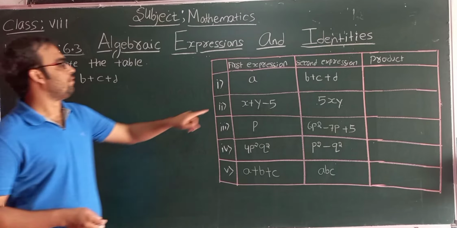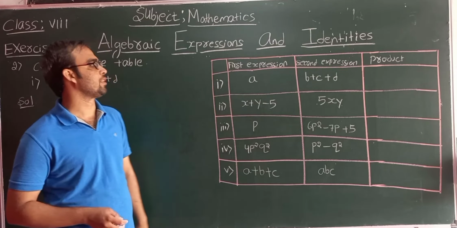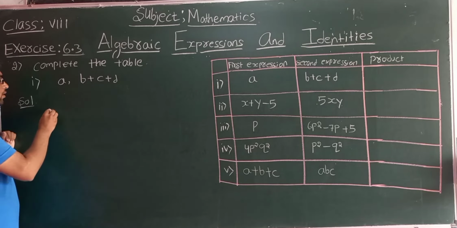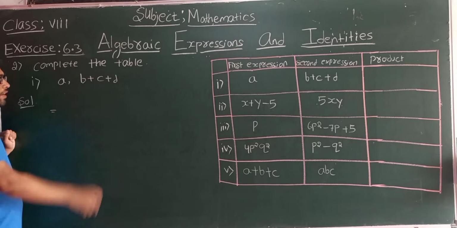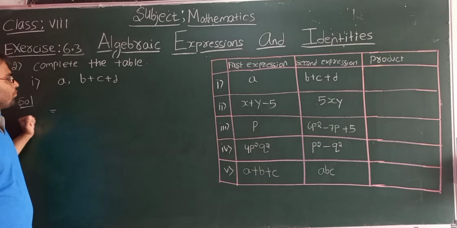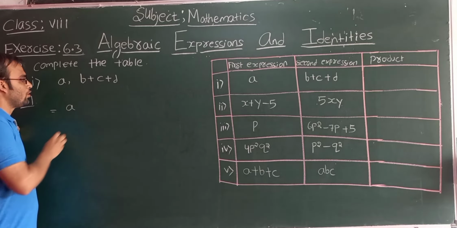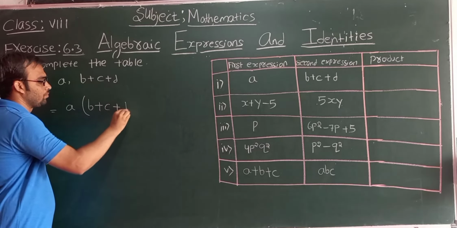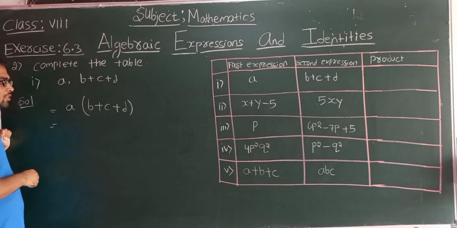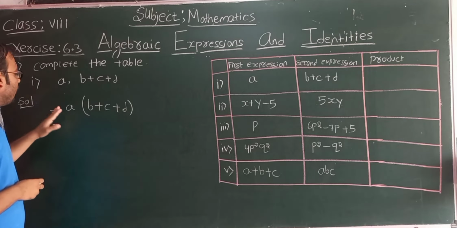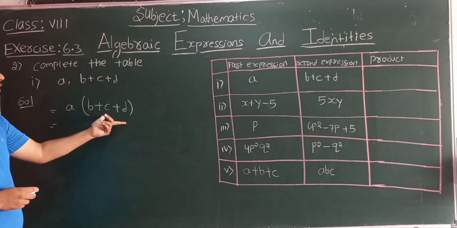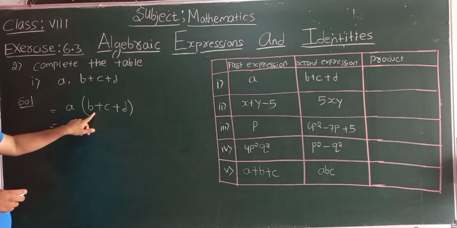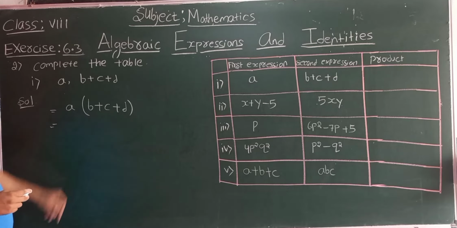So what is there? First expression is a and second expression is b plus c plus d. Okay, so we have written here. Now what we need to do? We need to find the product of these pairs. Okay, as I told you, first write the monomial. Next you can write in a bracket or you can put a multiplication sign. Okay, now students, so here there is a multiplication of a monomial with a trinomial. Look at here, this is a trinomial. 1, 2, 3. So 3 terms are there. So this is a trinomial.